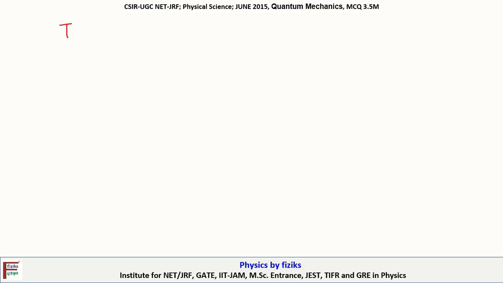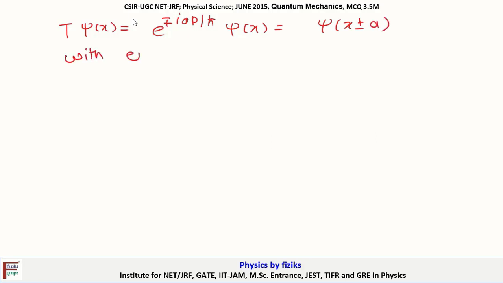That means we can say T operated on psi x would give us psi x plus or minus a, or I would be simply writing it like this: e to the power minus or plus iap by h cut operating on psi x would give us psi x plus or minus a with eigenvalues